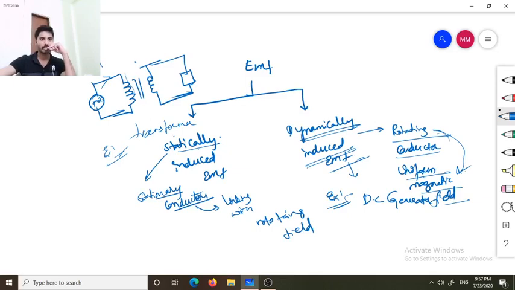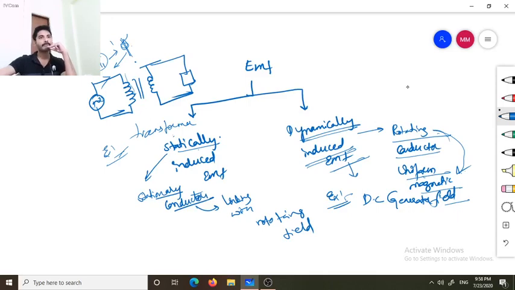So an alternating supply means alternating current will be produced, and alternating flux will be produced, as the flux is represented with phi. Why? Because the flux always follows the current path. If we are giving a uniform current, a uniform magnetic field is produced. In the same manner, an alternating current will produce an alternating flux.